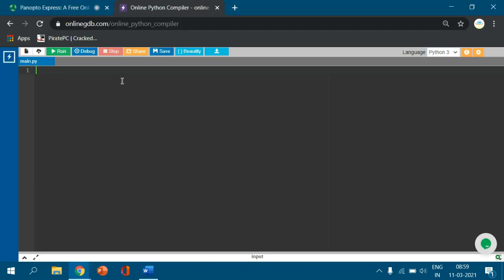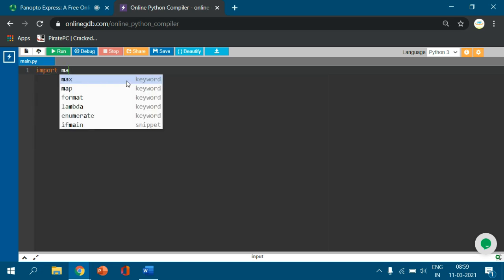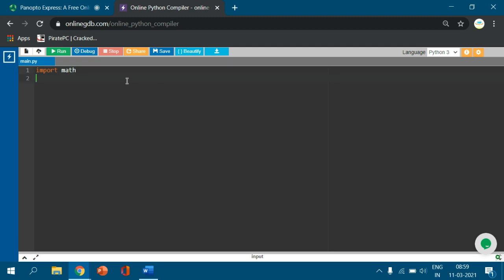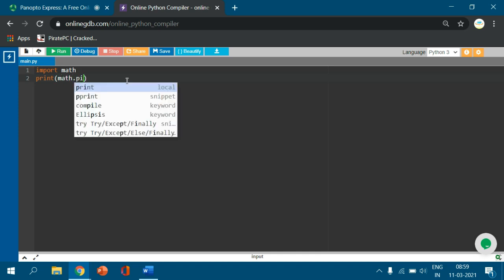Before I write the actual program, let me show how to attach the Python math module to this program, and whether there is a constant value or not. To check the pi constant value, I write import math, and I print the pi value, that is math.pi.